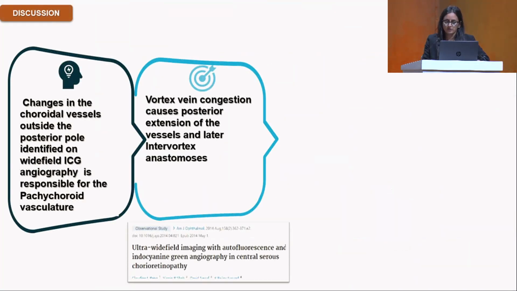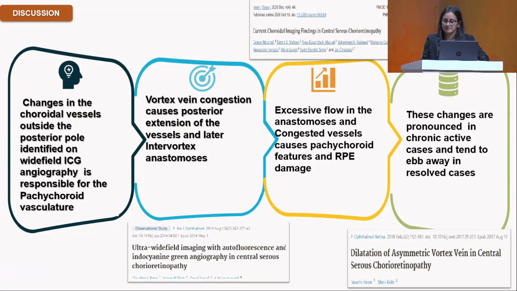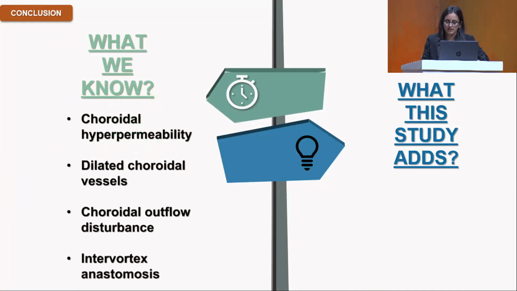So because of the choroidal vessel alteration in the periphery, which slowly gets the vortex vein dilated and extends towards the posterior pole with intervortex anastomosis, there is excessive flow, and that causes RPE damage that is more pronounced in chronic active cases, and it tends to ebb away in resolved cases. So what we already knew about pachychoroid is this, and